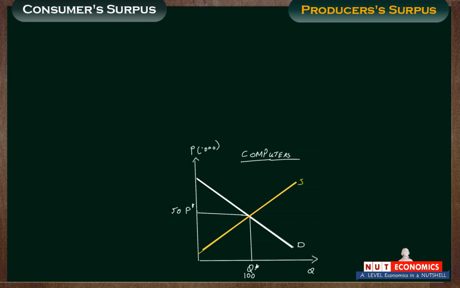So if we think about the consumers first, what sort of benefit are we talking about by buying a particular good? To understand that, just imagine that the first person, one of the customers who comes in to buy one of these 100 computers, is a student, and he comes to this market to buy this computer because he has an upcoming A-level exam that has to be conducted online, and for some reason he doesn't own a computer currently. Now if you ask this person what is the maximum price that he would be willing to pay to buy a computer,